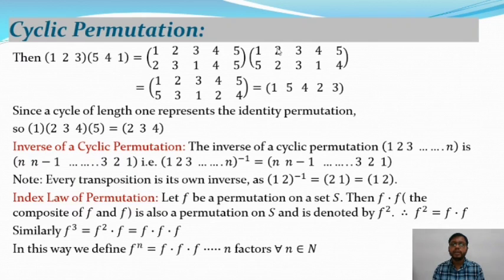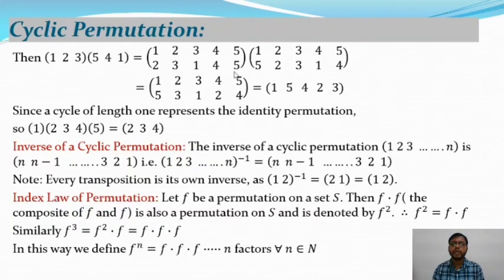Okay. Similarly, in the second permutation, the element 2 goes to 2, and it implies 2 goes to 3. That means 2 goes to 3. 3 goes to 3, and it implies 3 goes to 1. That means 3 goes to 1. Again, 4 goes to 1, it implies 1 goes to 2. That means 4 goes to 2. Okay. As well as 5 goes to 4, it implies 4 goes to 4. That means 5 goes to 4.